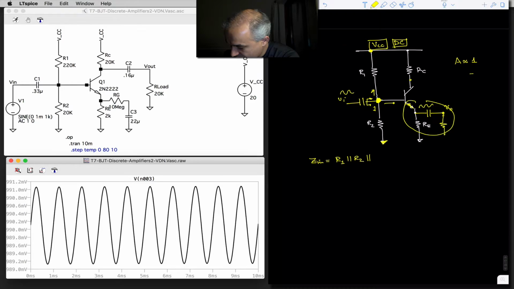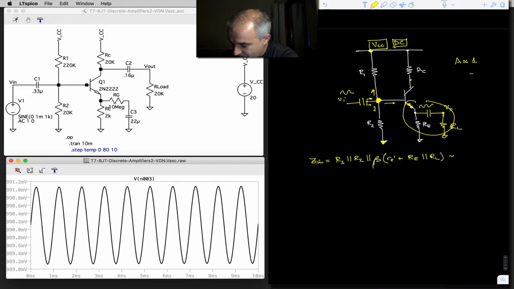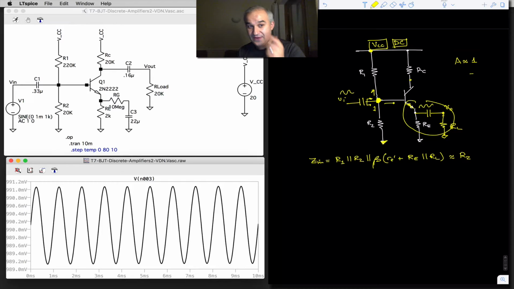So if we connect the load also here, it is going to be beta times anything that you have in the emitter, from the base. That is beta times that resistance, RE prime plus RE in parallel with R load. You have the load there. And what we are going to see, which one is the smallest of this? This is going to be 100 times. If you design this right, this is going to be close to R2. Again, the same as the common emitter amplifier, but we can design it to have a large RE. We are not optimizing gains, so that we increase the R2.